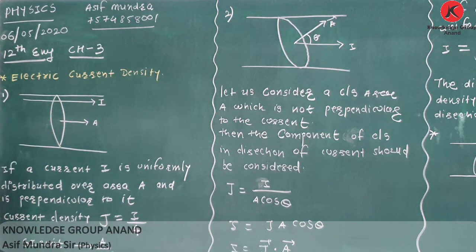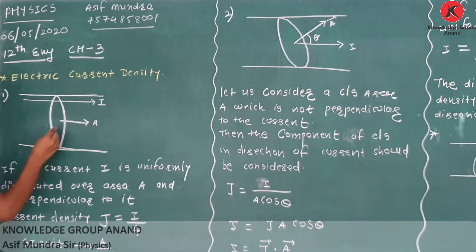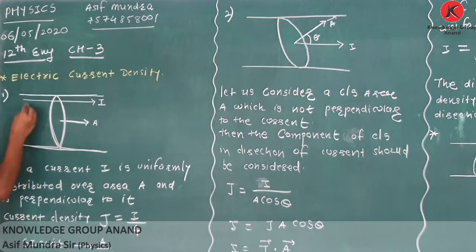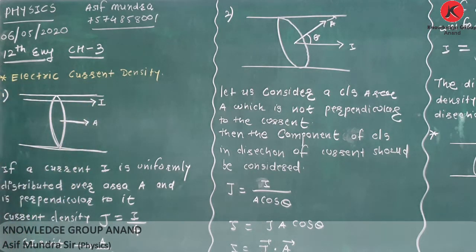Here it is one conductor. In this conductor, I am taking this cross-sectional area. This cross-sectional area is A, and we know that the area vector is always perpendicular, outside. So the area vector is in this direction. The current flowing is also in this direction. Okay. Then, if a current I is uniformly distributed over this area A,